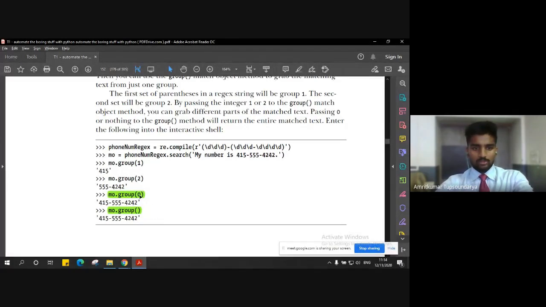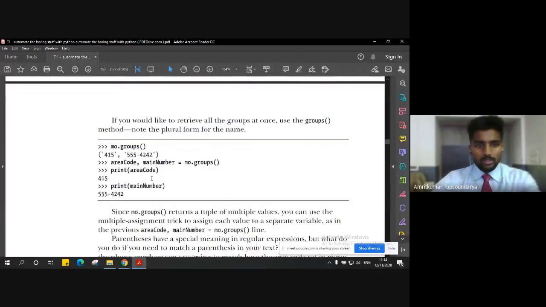So we are not defining any particular group that we want to display, right? Now, here you can see that we mention it without any parameters, right? So we have mo dot group again without any particular group that you want to display.